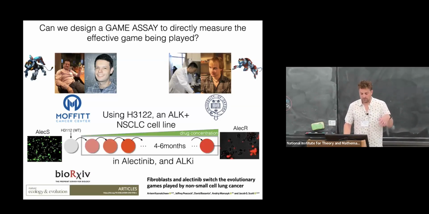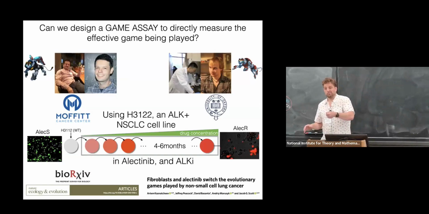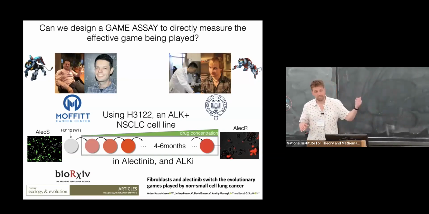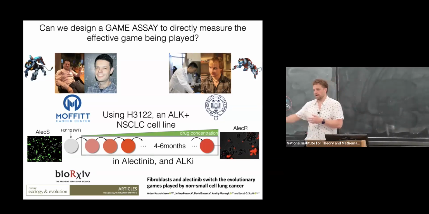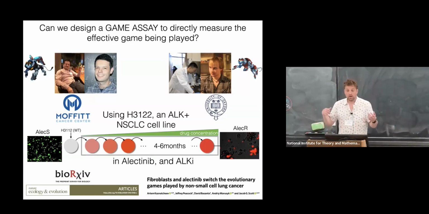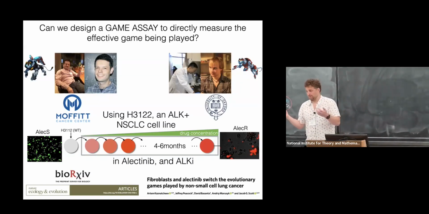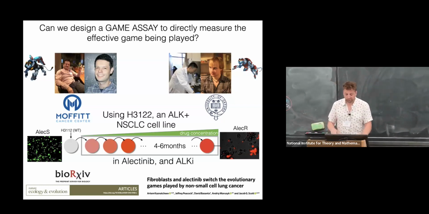So we took a series of cells that you can buy from the store that are sensitive to a drug called alectinib, ALEC-S, and we exposed them to that drug over a course of 6 months. And Darwin was right. They all became resistant. So now we had a red mutant and a green ancestor, and they came from the same place, so they had some relatedness. There's probably some inclusive fitness arguments we could make here. This is why I got excited yesterday. And we asked the question, can we measure whether there is any ecology or cooperation or conflict happening?